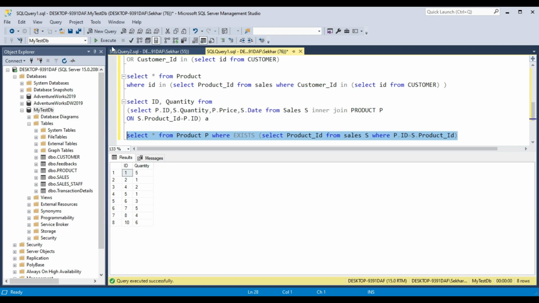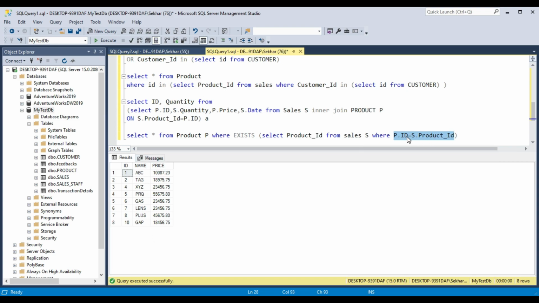If we run this query, we are getting 8 rows. That means this exist is giving all the values where p dot id equals s dot product id. Those values will come in the outer query result for those IDs.